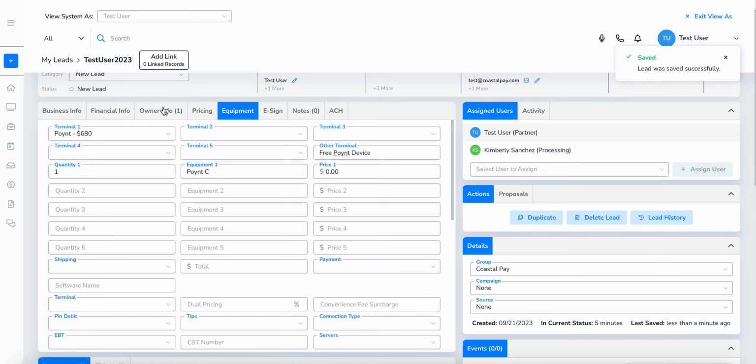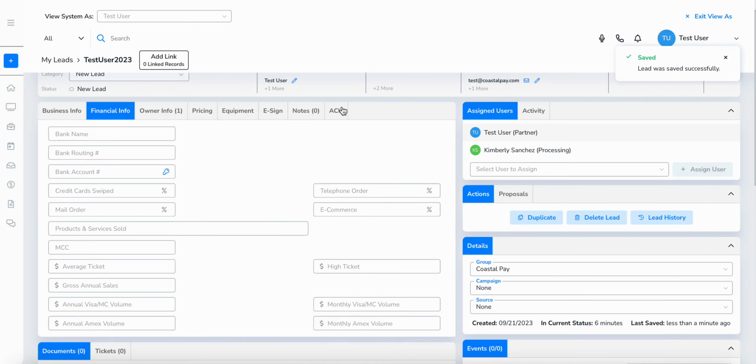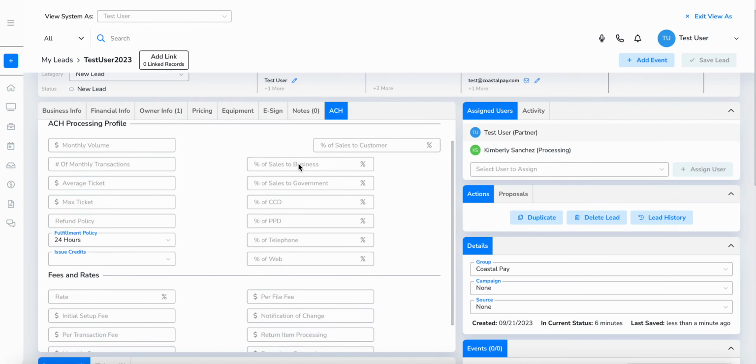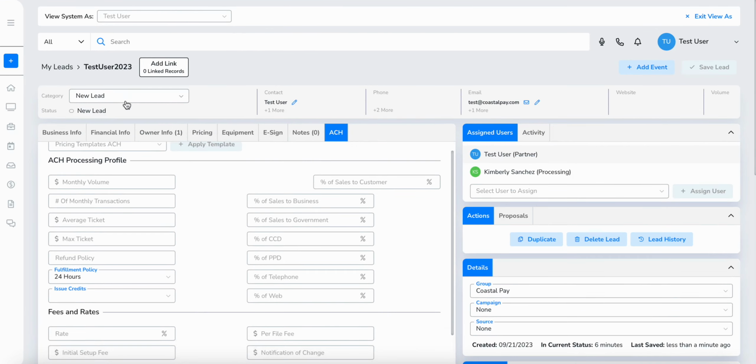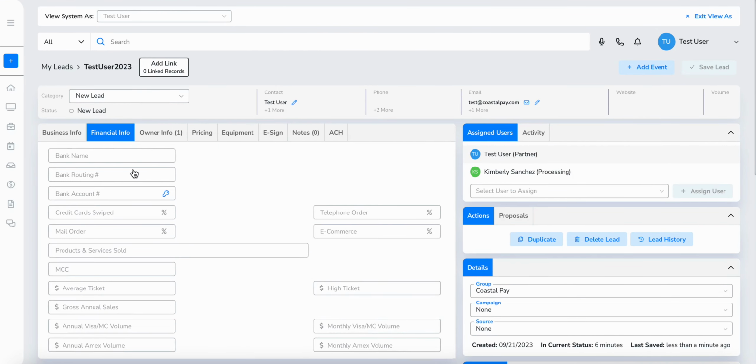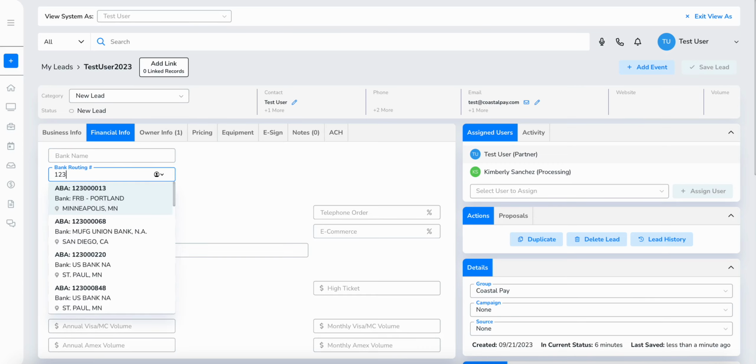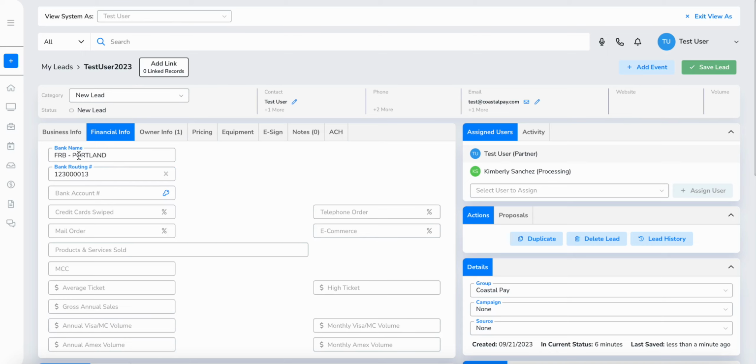So in regards to the financial info and ACH, a lot of the ACH information is just for ACH customers. You would still need to fill out a portion of the financial info. So once you have the bank name, I don't have a Wells Fargo account, but assuming it's a Wells Fargo, you can type it there, or you can put the routing number. I'm just going to do a random one that we have here. And when I click it, it'll pre-fill in the bank name. And I can just do,